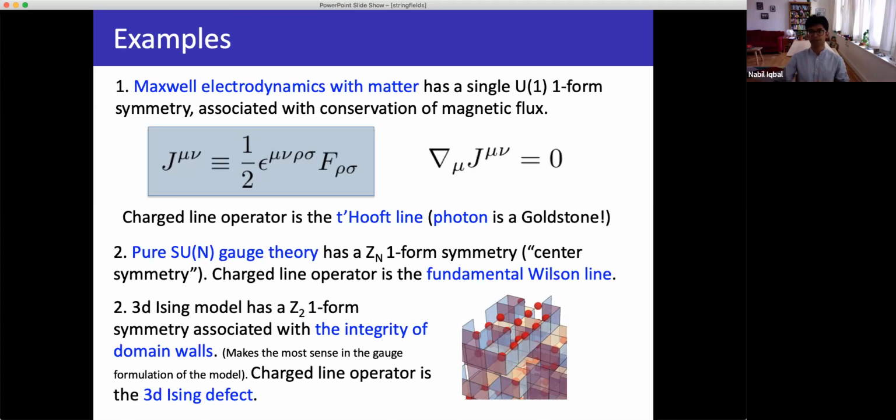Okay. So the point of this slide is just to tell you that many theories that you know and love quite possibly have these symmetries already. If there's ever an extended object in your theory that you're thinking about, it probably has this higher form symmetry. Okay. Are there any questions about this before I move on?